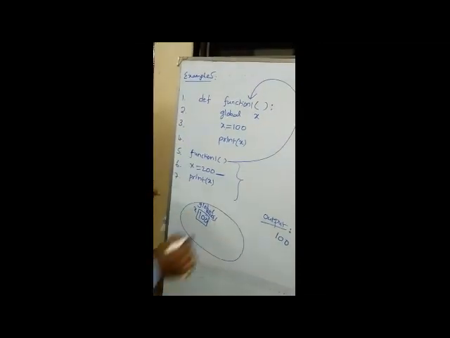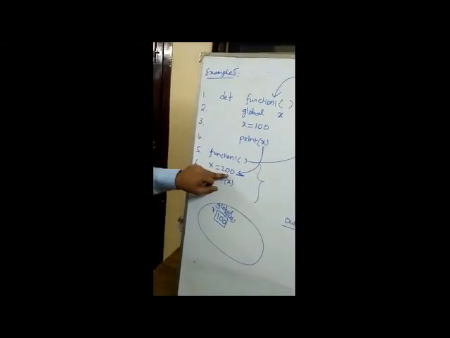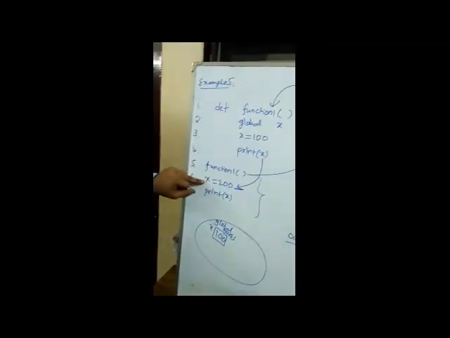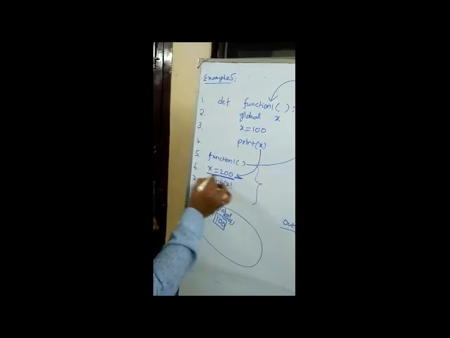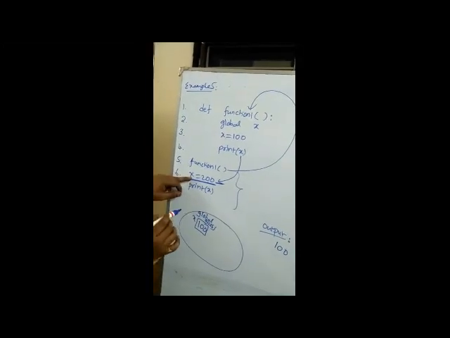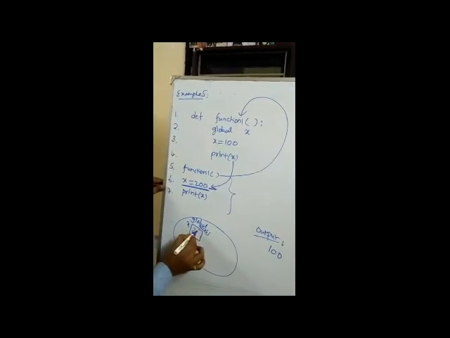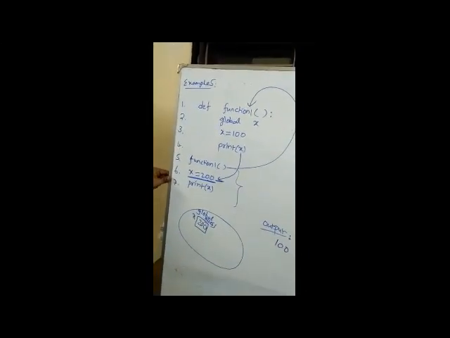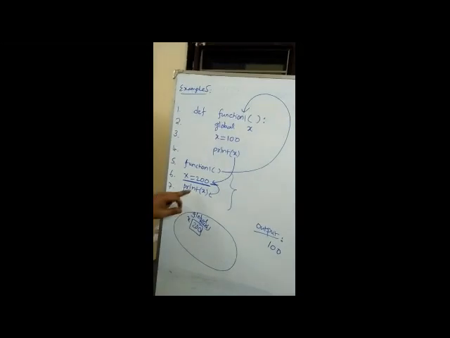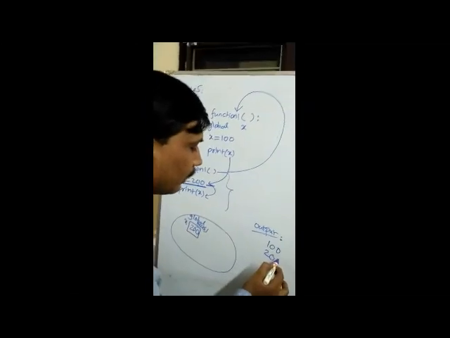Immediately after completion of execution, next comes this statement. Here x is equal to 200. This x value is declared in the main function. That's why it is acting as a global variable. So this x is also a global variable. Up to now the global value of x is 100. Then the statement x is equal to 200 replaces the value 100 with 200. After that, coming to this statement, print of x. Here x is the global value, so it acts as the global value. X is 200. That's why it prints value 200.